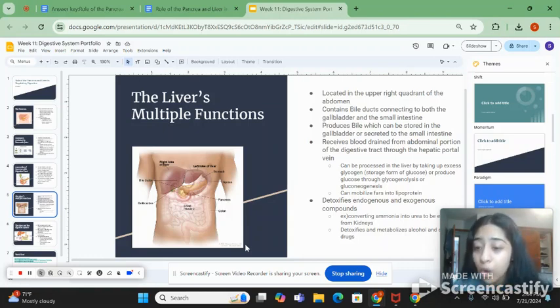and then later on, once it's processed, this blood can go to the superior vena cava and then to the right atrium, and then go through the heart essentially. And a really big important process of the liver is to essentially maintain blood glucose levels, similar to the pancreas. So what it does is if there's a lot of glucose, it will take up the excess glucose